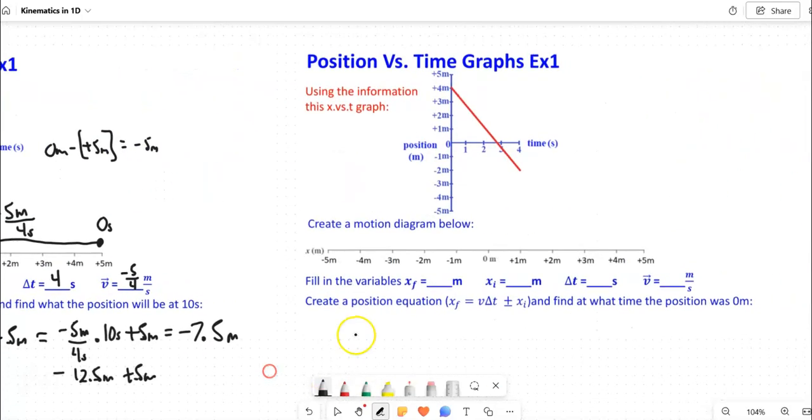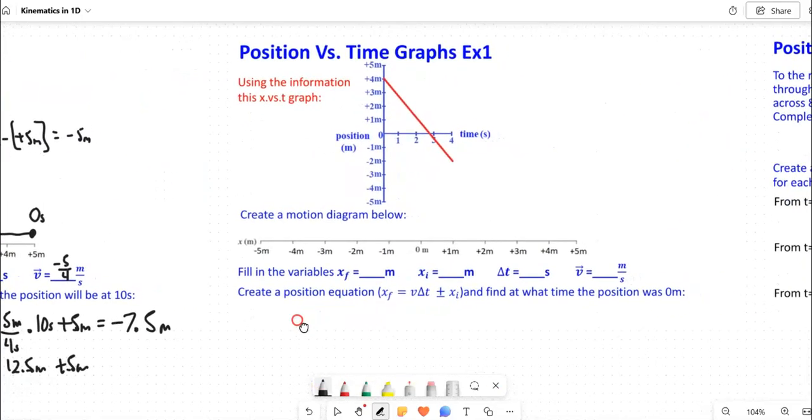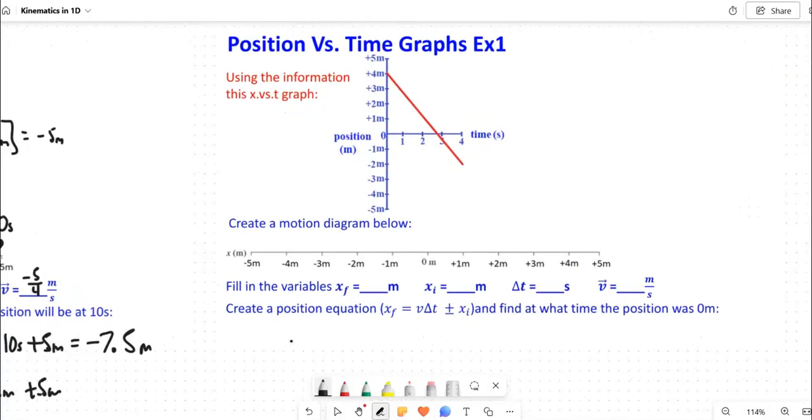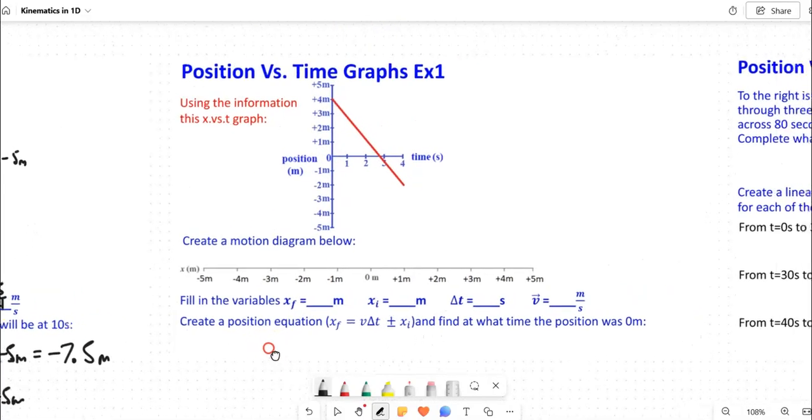Some of these example problems can get a little bit more complicated. What happens if you cross from positive positions to negative positions? So this one you're going to have to think a little bit, but I want you to try the same thing. I want you to fill out the motion diagram. I want you to fill out the end position, the beginning position, the total period of time, which is 4